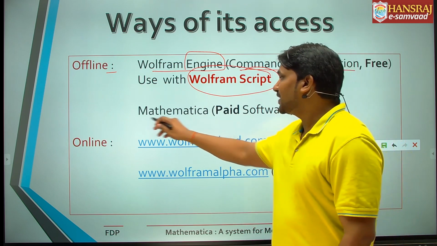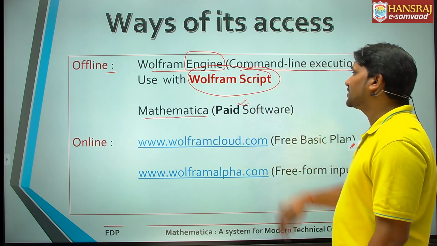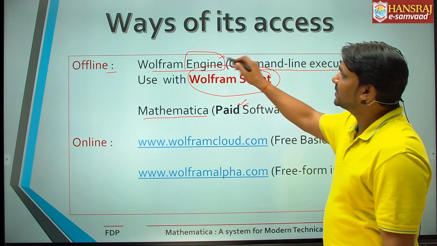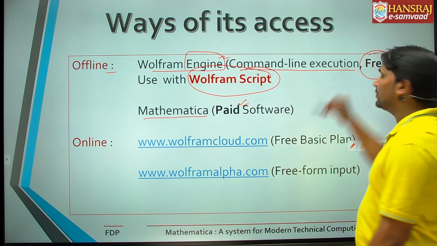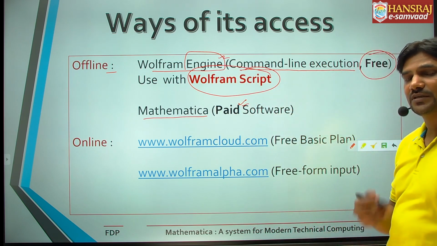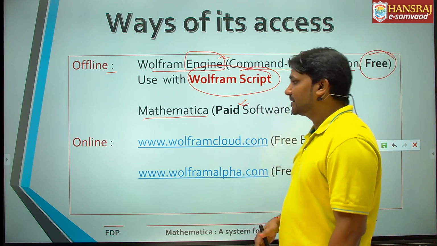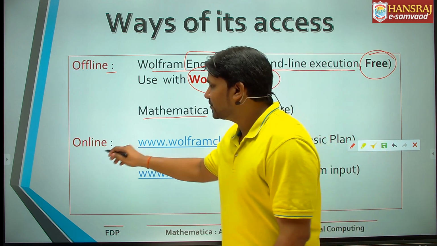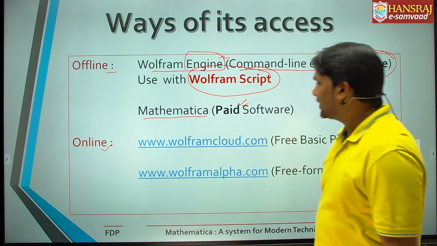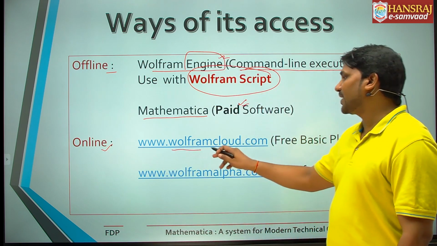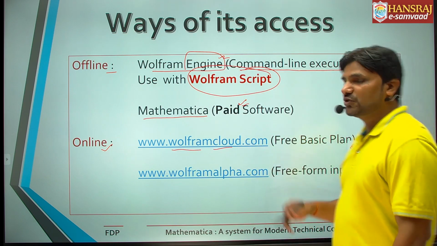Or you can use Mathematica software, which is a paid version, whereas the engine is free. So you can download it freely from the Wolfram site, and you can use it with the script. Other options are there. You can use Mathematica Online, and that site is wolframcloud.com, in which you will be